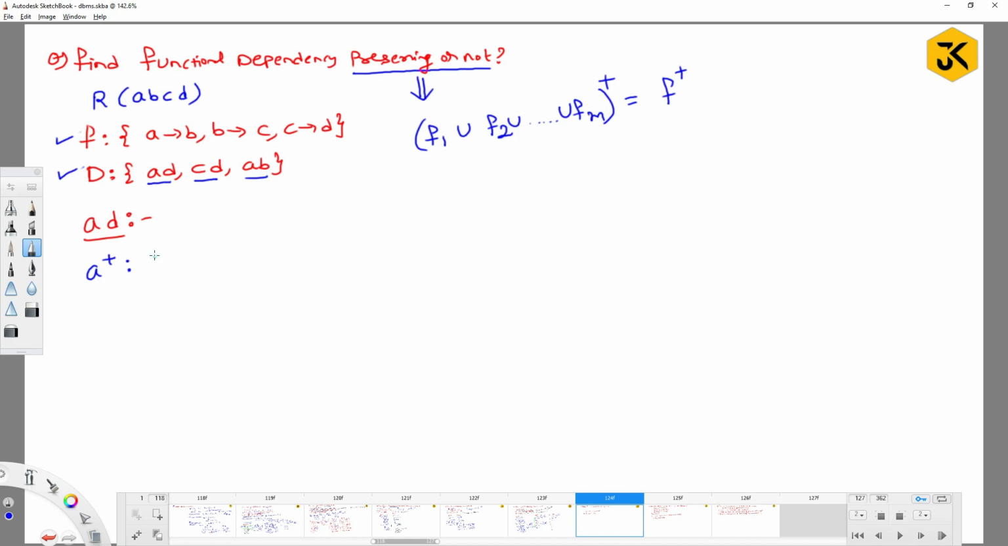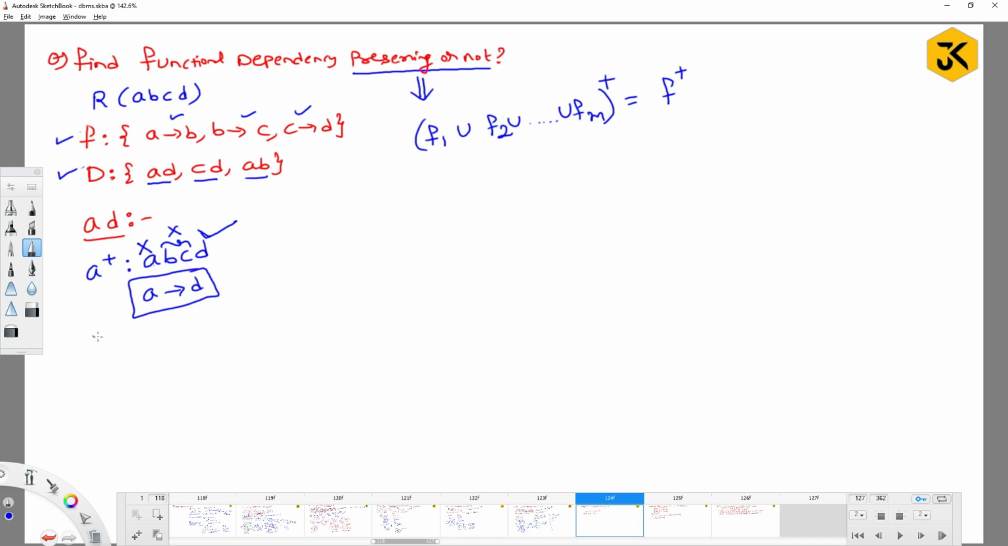If you find the A closure, from A I can get A, from A I can get B, from B I can get C, from C I can get D. This is the closure happening on A. Now, is A determines A considered? No, because it is in the same relation, trivial. A determines D is going to be considered, since this is in the same relation. A determines BC is not going to be considered because B and C are out of the relation. So you are going to get only one possible FD with respect to A,